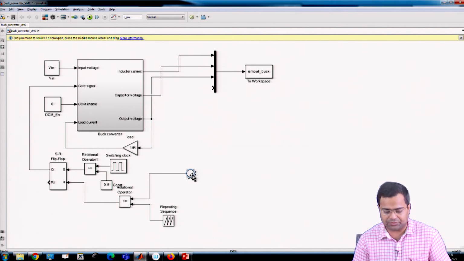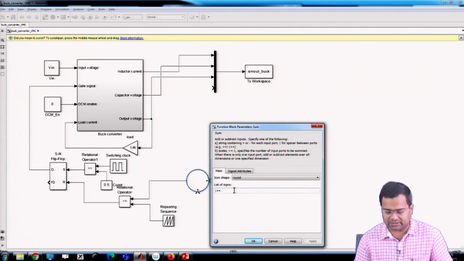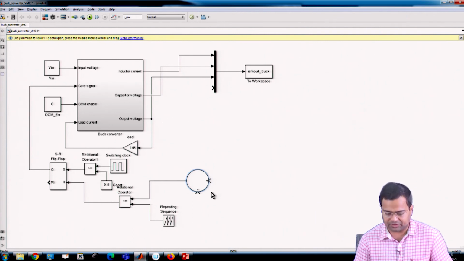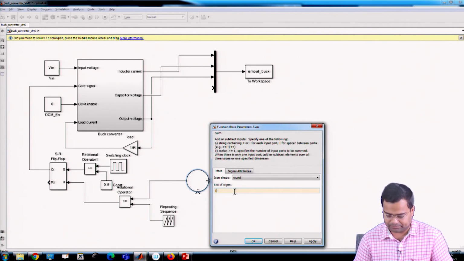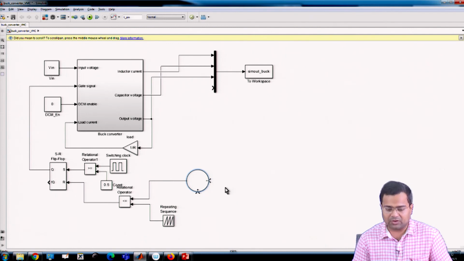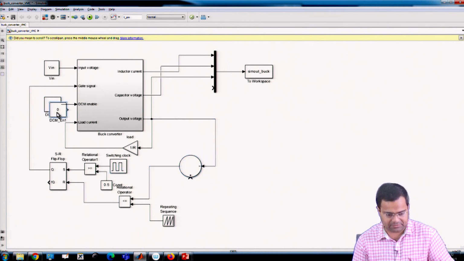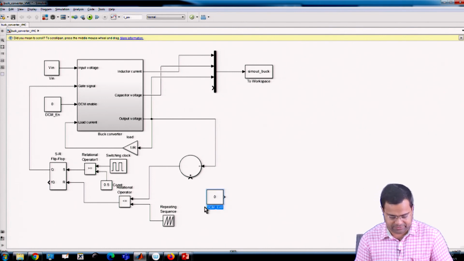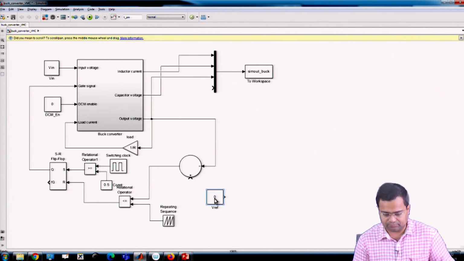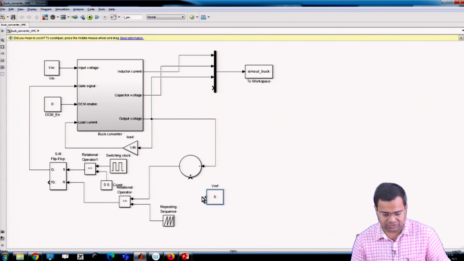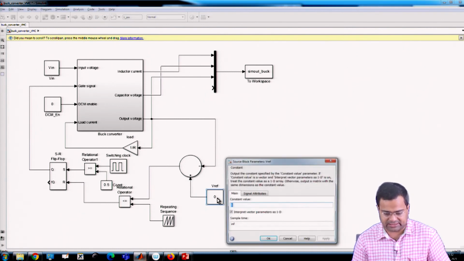One input is plus, the other is minus, sorry. So there we are connecting the output voltage directly, and here we are setting another constant which is called Vref. This is my reference voltage now.